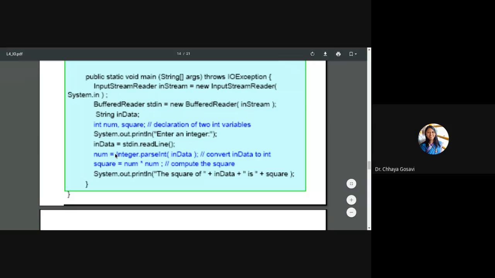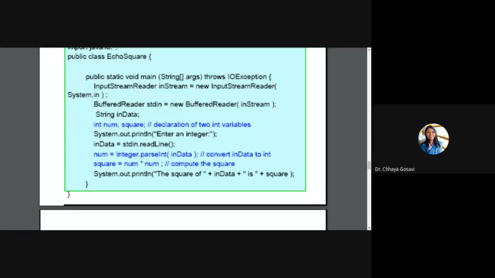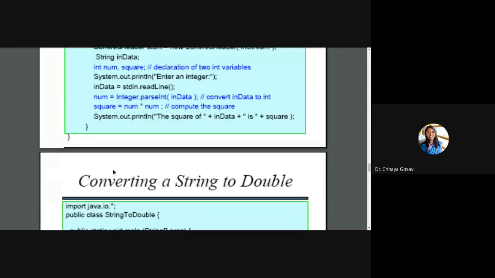In the previous lecture, I used this Integer.parseInt, and somebody asked whether we can use data type casting here. But we are not converting one numerical variable to another numerical variable. We are converting a string or character to a numerical variable. That's why we need wrapper classes. So here the wrapper class is Integer, and parseInt is a method of the wrapper class. parseInt will convert this string variable into an integer variable. Then you can perform the operation and store the result.